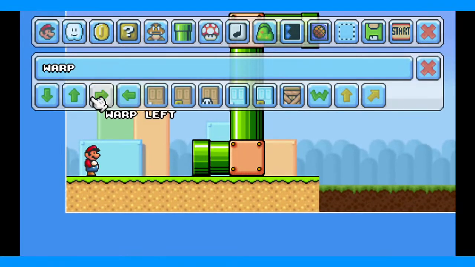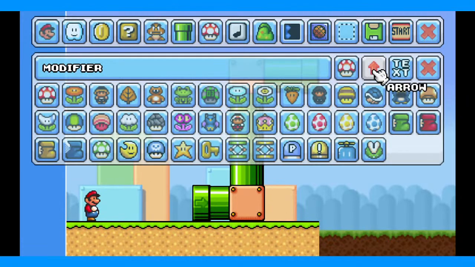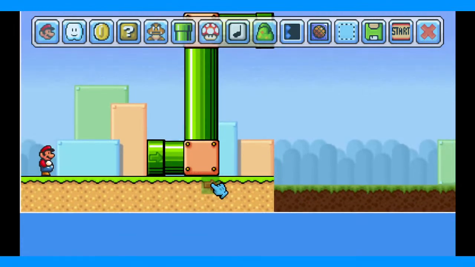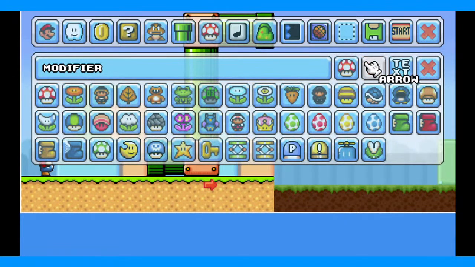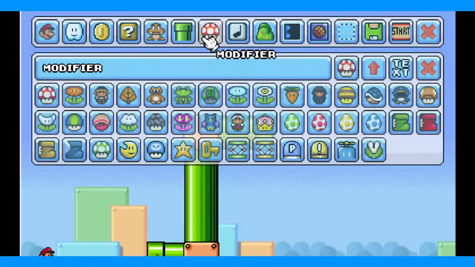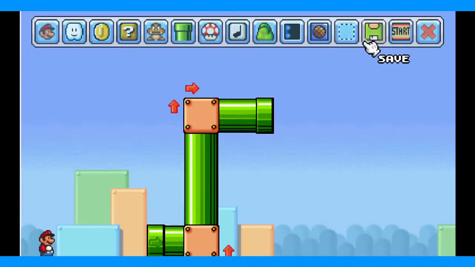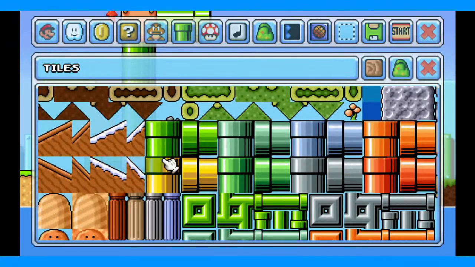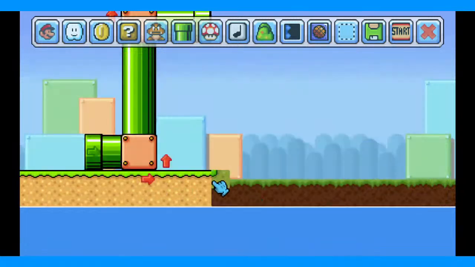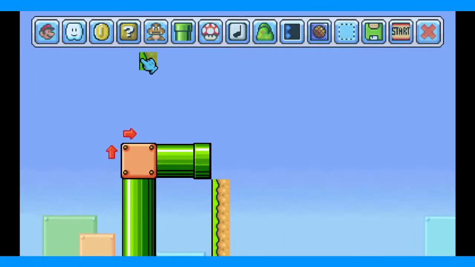What you can do is, using these warp arrows, you can make it so that Mario can go through the pipe. And then when he does go through the pipe, you use these arrow modifiers to signify how the screen will move as Mario's going through the pipe. So when he hits this corner, he's going to go this way, and then he's going to go up. And then when he hits this corner, he's going to go like that. And ta-da! So also you can make it so that you can go back through pipes, or you can make it so that pipes are one way only. It's really just up to the